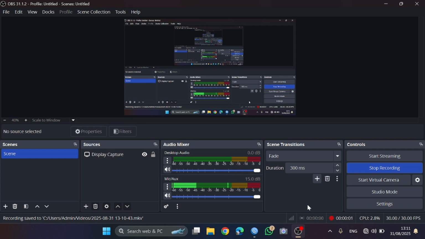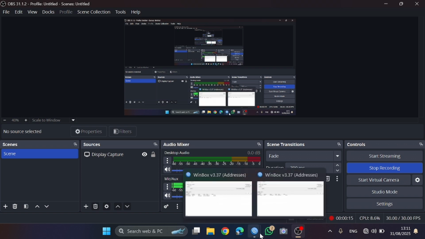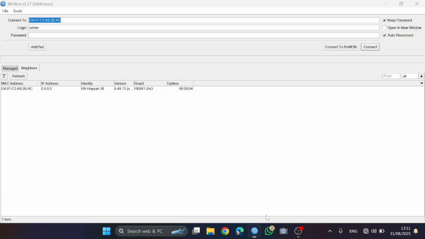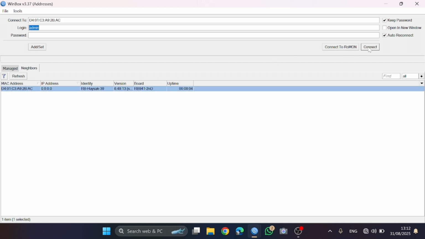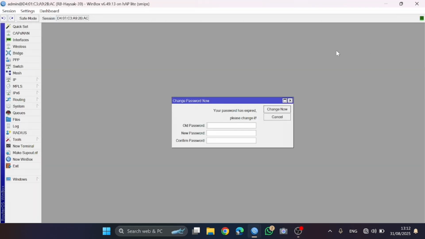Okay, my friends, I will continue the configuration for the second router, which will function as a switch. Let's go. Continue in MikroTik, open the MikroTik application. Continue in MikroTik, click the MAC address, and then connect.